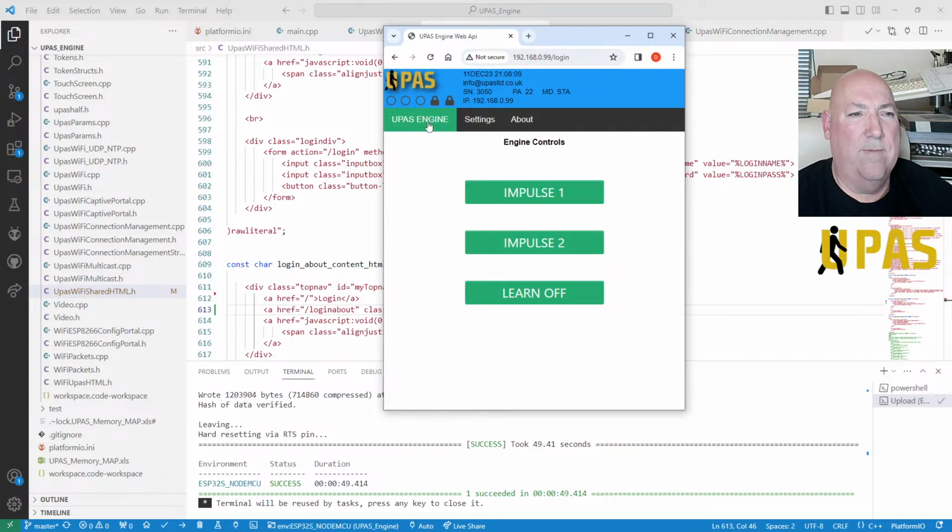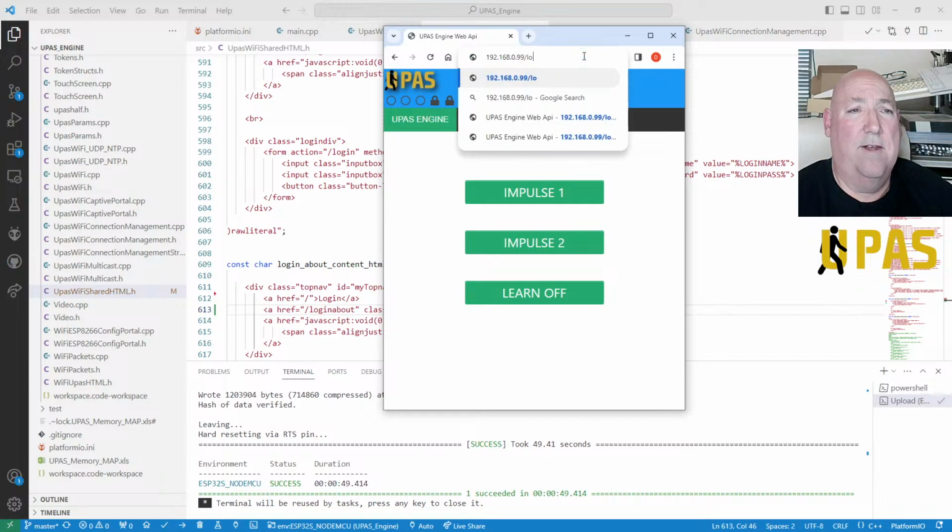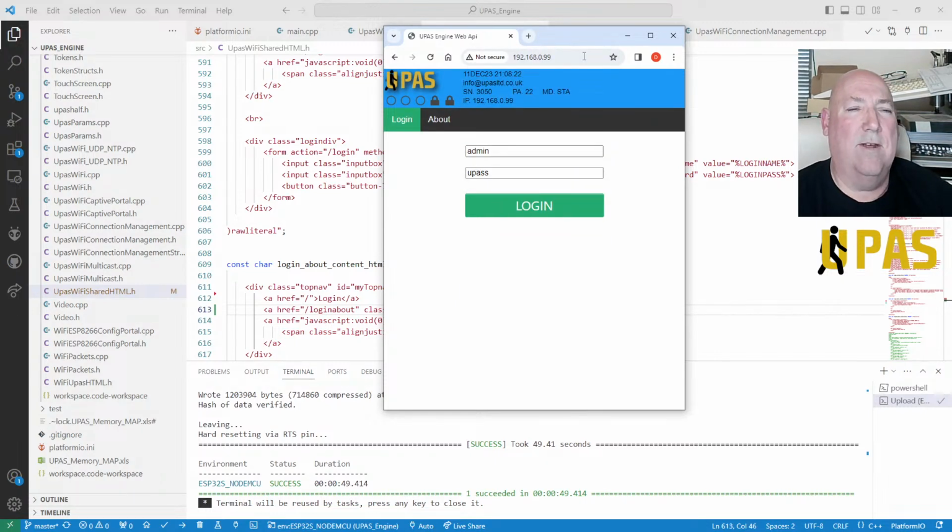So go to login. We don't need to go back to login. You can always go back on there. If you ever want to go back to login, you either go back on there or just get rid of that, enter it and go back to login. Okay. So why has it got rid of that error? Go to forward, hold to see history. No, nothing coming. Anyway, right, let's sort this out.